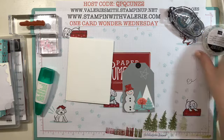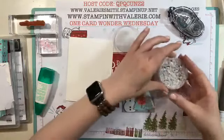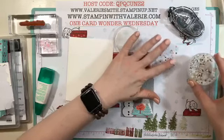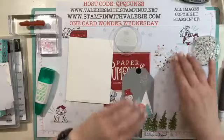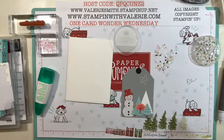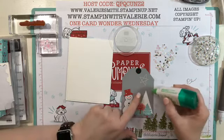So now that we've got that on there, go ahead and get out some snowflake sequins. These come in the Still Scenes bundle. Or not the bundle, but they come with the stills on this page that the Still Scenes bundle is on. So I like to dump them out a little bit. Now yesterday when I was working with them for something, I didn't dump them out and they were harder to get out. So I'm like, I better just dump them this time. And we're just gonna